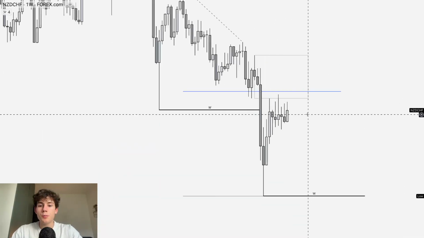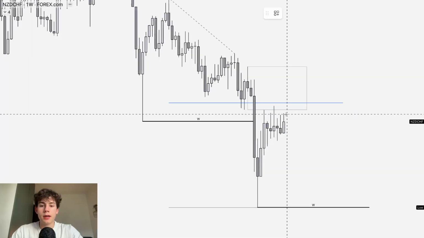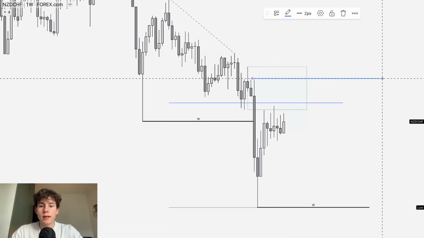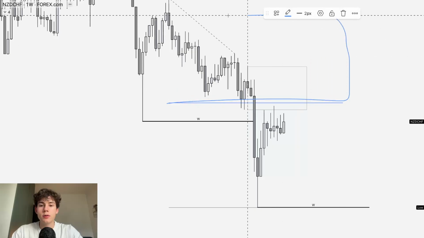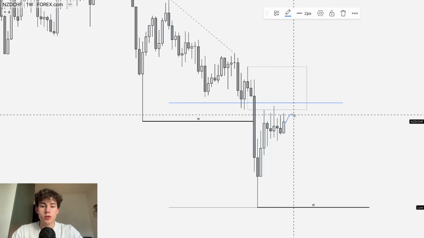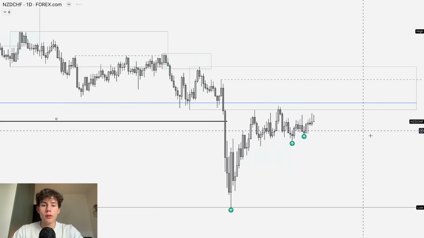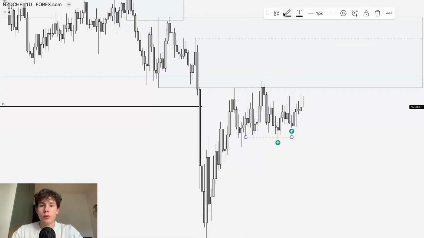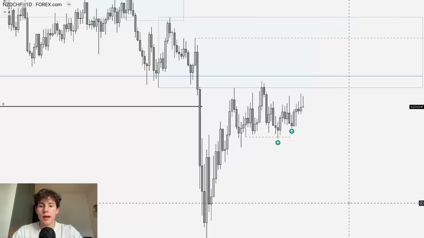On the weekly though, again visible, you tap this supply but no liquidity in the move down, so you could take liquidity above the high. Still the premium prices to get tapped, so we could still trade up higher. Daily time frame, we grab liquidity underneath these lows, which fueled the next move up higher.